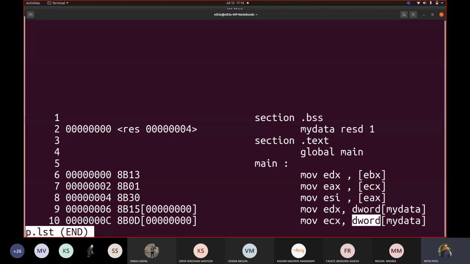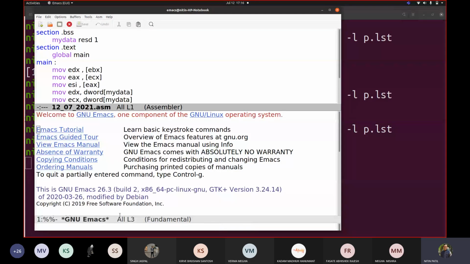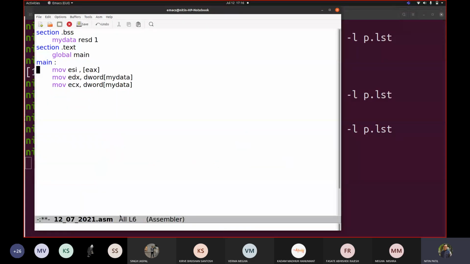Fine. So if I take this as 16-bit, then I will write something different there, and in that case the value might be shown in a different way. But at least you must have understood now how the representation would be if I pick a register. The opcode doesn't change. It will remain the same for each of them. So if I now change all the moves to, say, add.